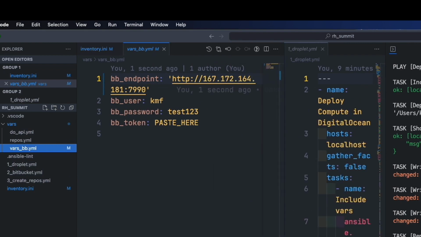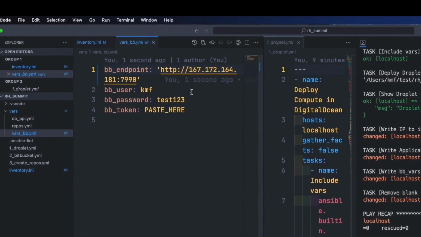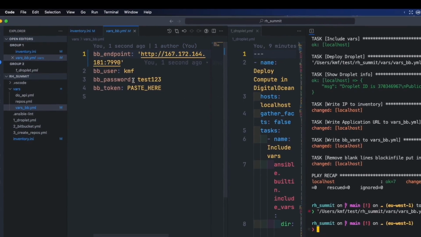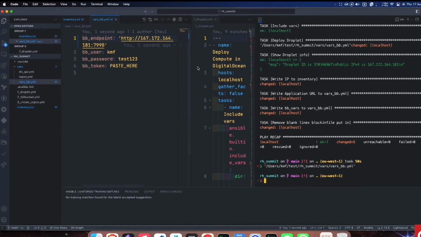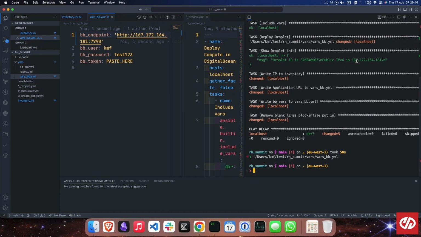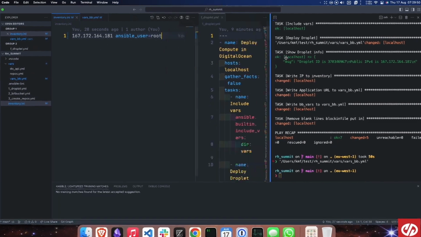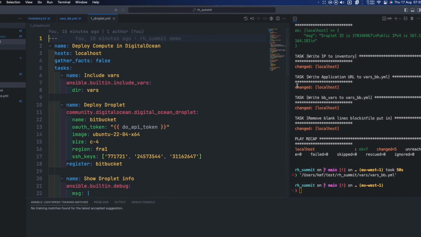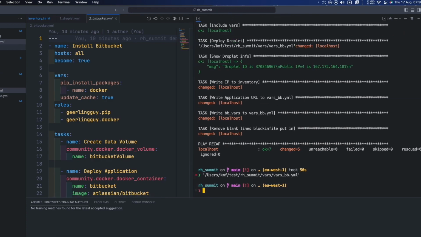That is a new variable file that we are going to use to go and speak to that specific server. We're now going to go in and SSH directly into that droplet, install Docker, and let's quickly go here. I'm just going to see where I am. Okay, I'm just rearranging it. Okay, here we go. Here's Bitbucket. In Bitbucket, we are quickly going to go in and